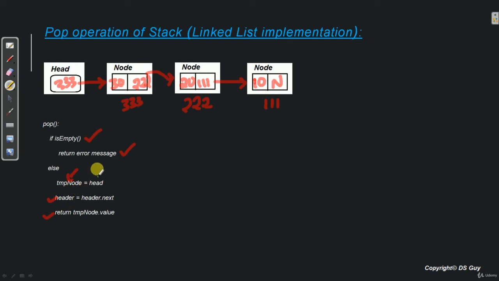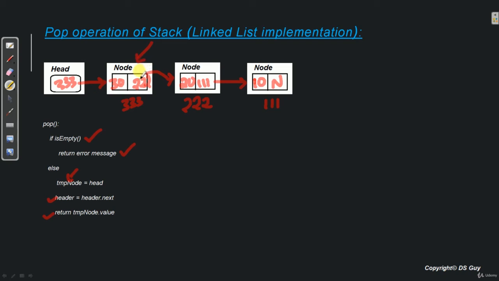What that means is if you want to pop out an element from this stack, then as per the definition, the last inserted node needs to be popped out first. So which node did we insert last? We inserted this 333 node last. So this needs to be coming out first.